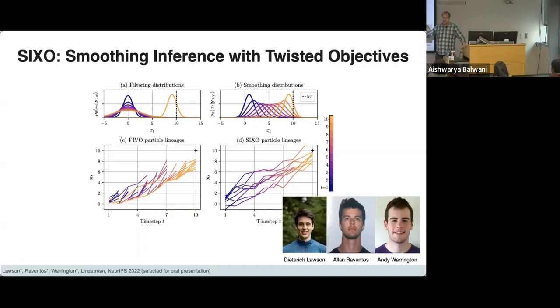And it's all going to boil down to the differences in the target distributions that we use when performing SMC. And if you don't know what that means, don't worry, I'm going to explain all of it. But at the end of the day, the takeaway is that this is going to be much more effective at producing posterior distributions by leveraging information that's yet to come in the future. All right.